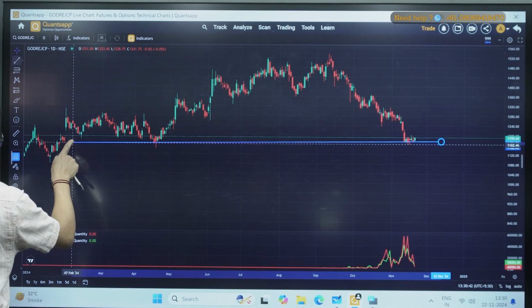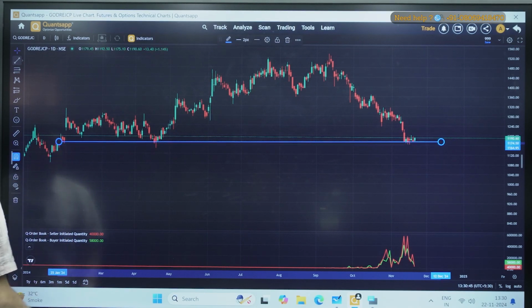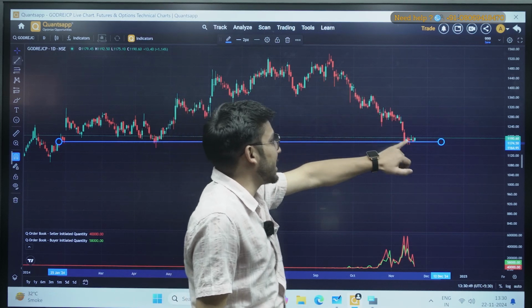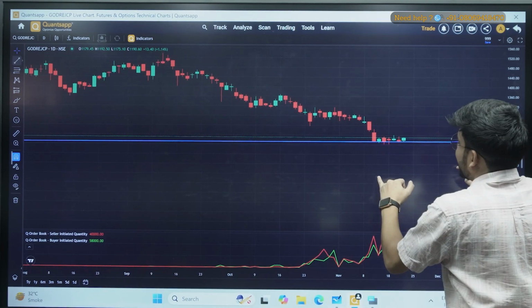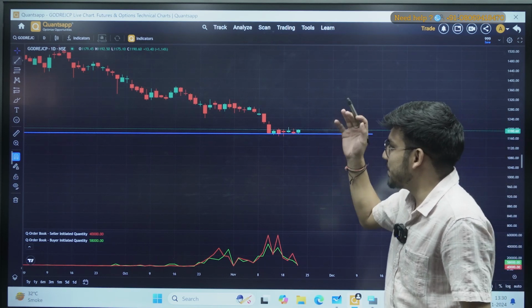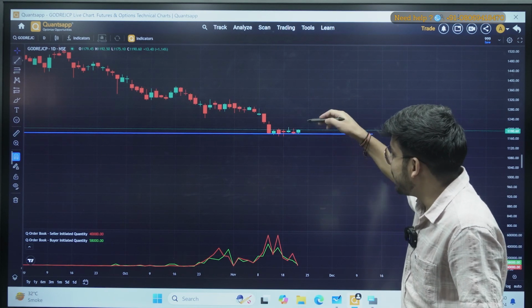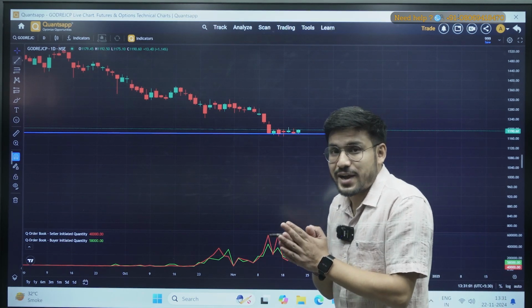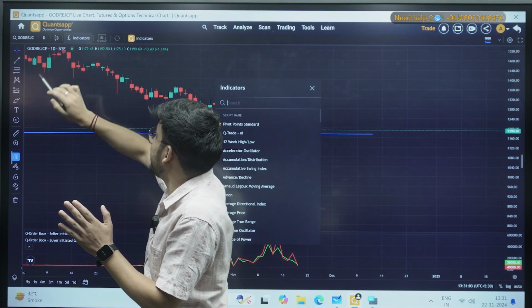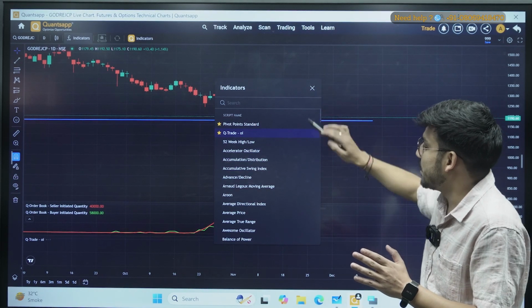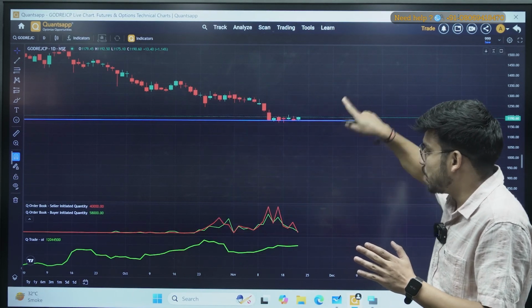Let me draw it perfectly for you. So you can see this was your support level, right? My market took a support here, and then after a very long time it is again taking a support here. So currently my market is very choppy. Now at any point of time, if it gives me a breakdown of this support, at that time I have to analyze the trade OI again, and if my trade OI is in momentum in the upward direction,